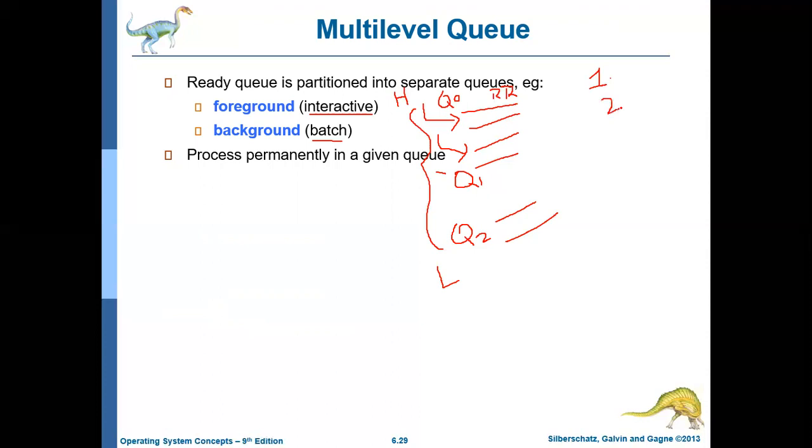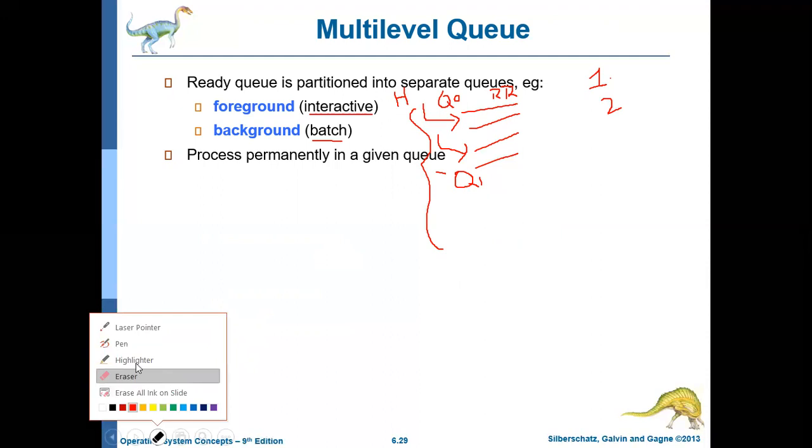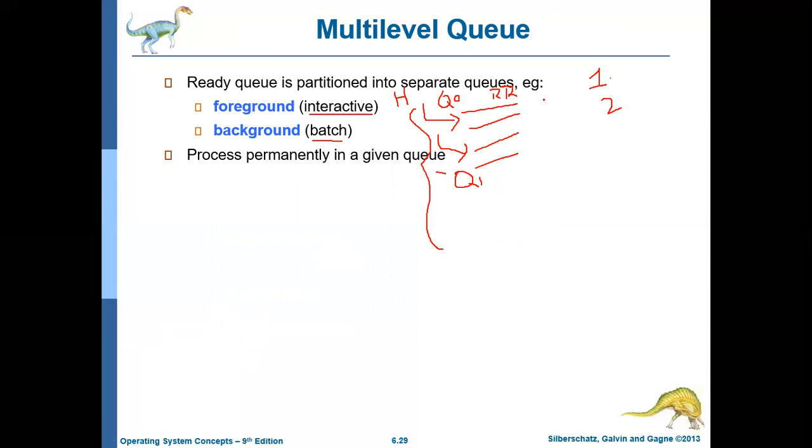Another way of scheduling, for simplicity, let us assume there are only two queues, Q0 and Q1. The second type of scheduling works like this: the operating system may allocate 80% of the time for Q0. That is, the highest priority queue will be given 80% of the time, and the remaining 20% of the CPU time may be given to Q1.